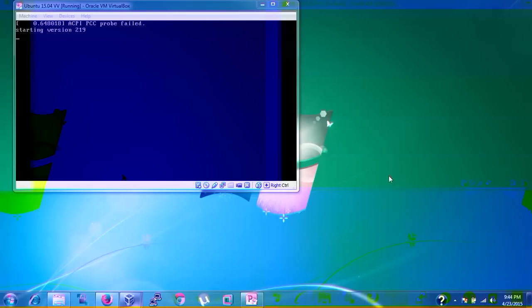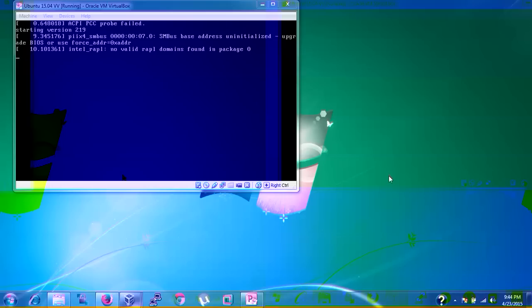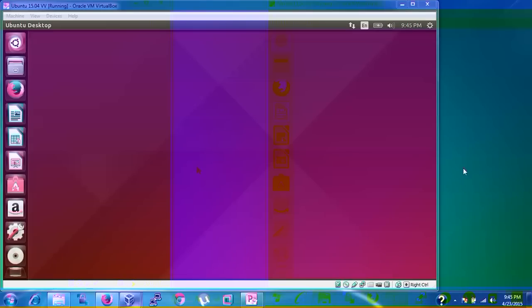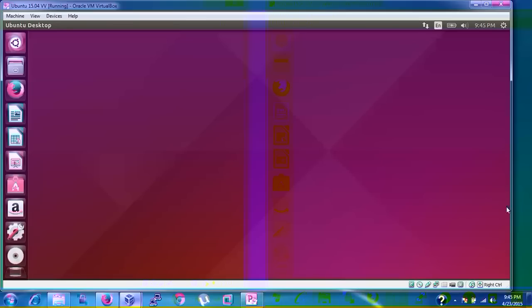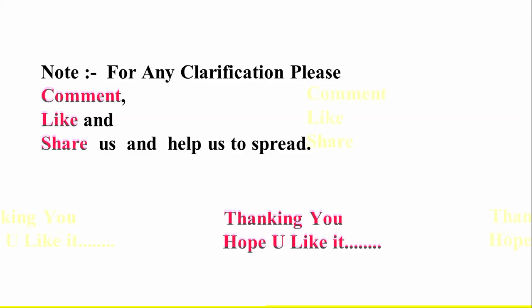If you get this PCC proof error again, ignore it. Whatever you are getting, if it says BIOS error, address initialization is not working, or cannot find the package, just ignore this. It's going to automatically come up with your welcome screen. So finally we came to the welcome screen, and we'll check whether the full screen is working or not. Just scroll this one to come to this. Here you can see your full screen resolution is working, and you can have your full screen for this Ubuntu.